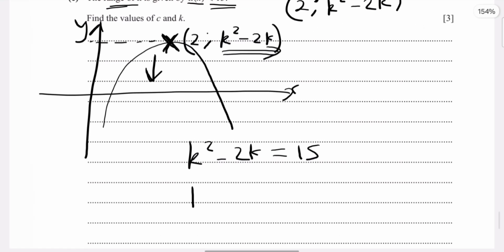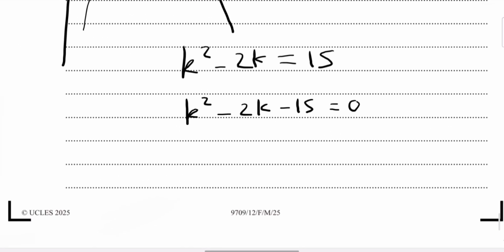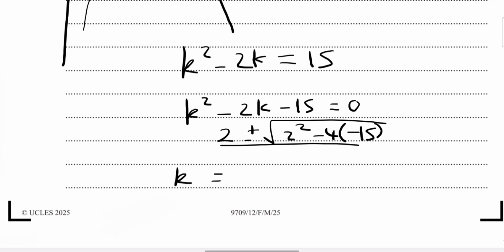In solving this, we get k squared minus 2k minus 15 is equal to 0. From here we can use the quadratic formula. So k will be equal to 2 plus or minus root of 2 squared minus 4 times 1 times minus 15, all over 2, and that will give us 2 plus root of 4 plus 60 over 2,